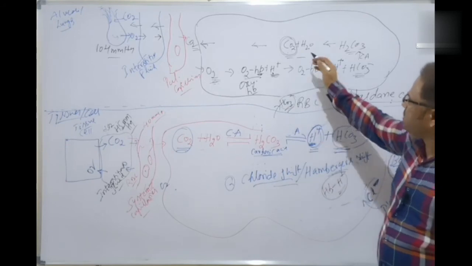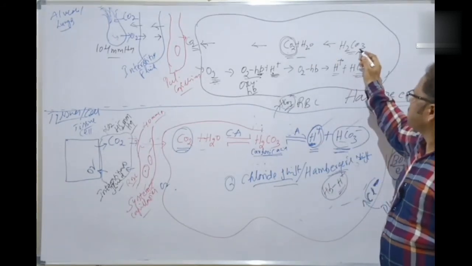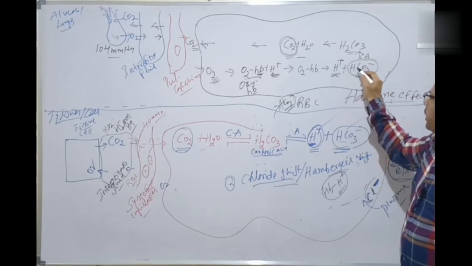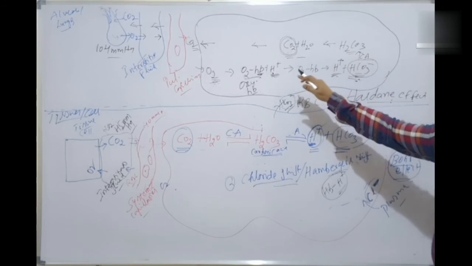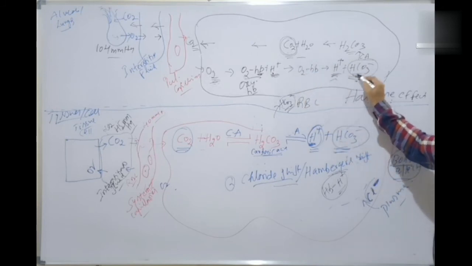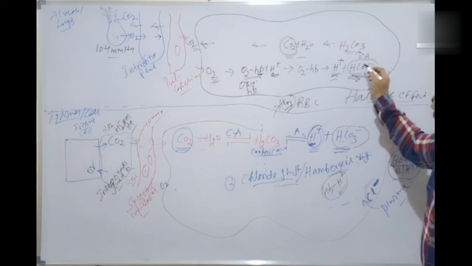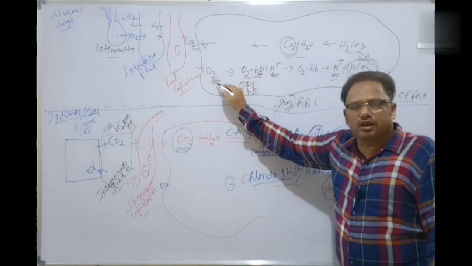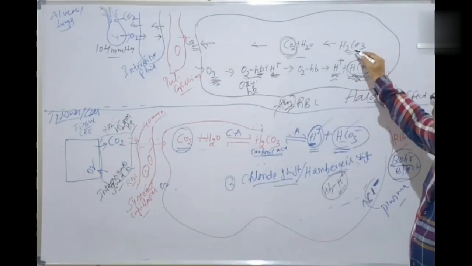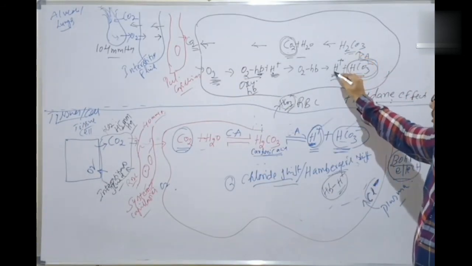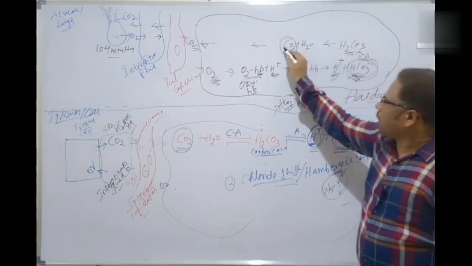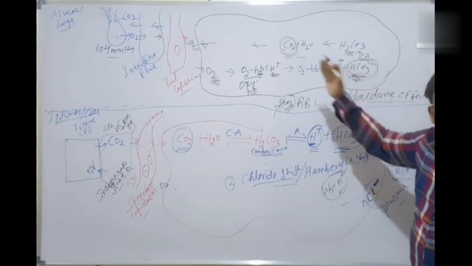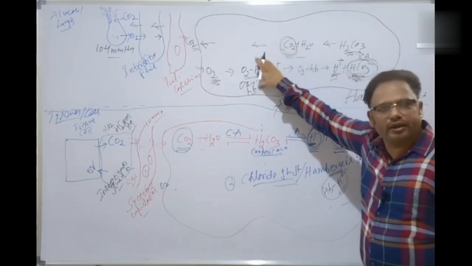So here, what is happening? The H+ ions are being lost, that is, the HCO3 minus ions are being lost. Why? Because H+ ions are combining with HCO3 minus ions. As the oxygen binding capacity increases, the HCO3 minus ions are converted to carbonic acid. When combined with H+, carbonic acid is formed, then the carbon dioxide leaves. That is, the bicarbonate ions are lost.